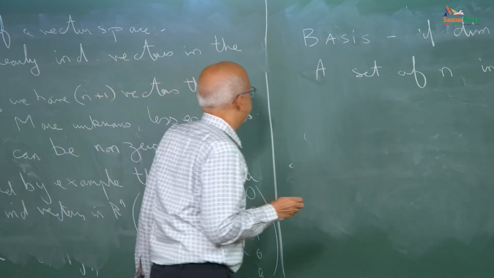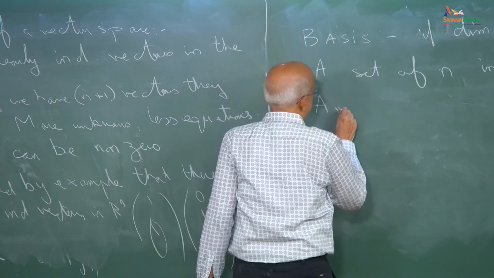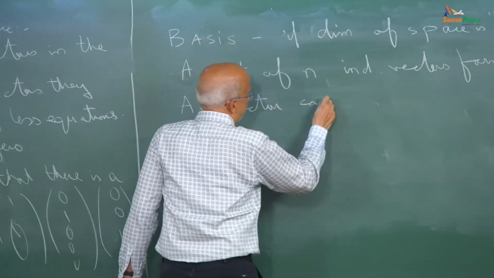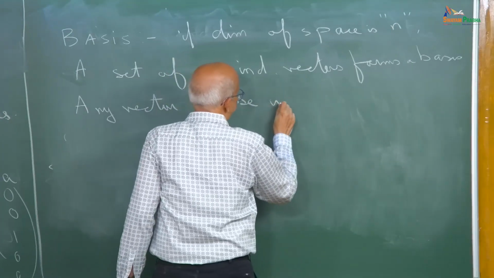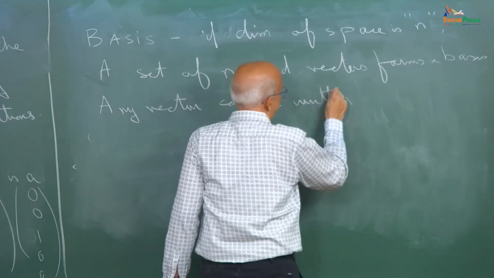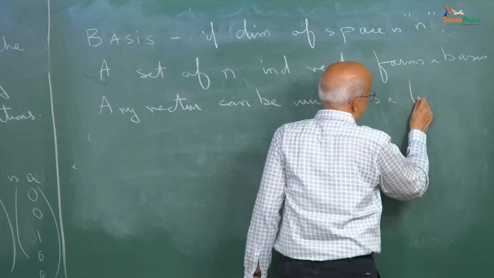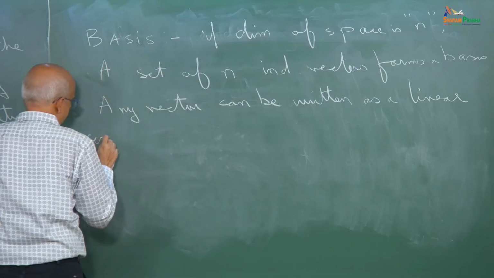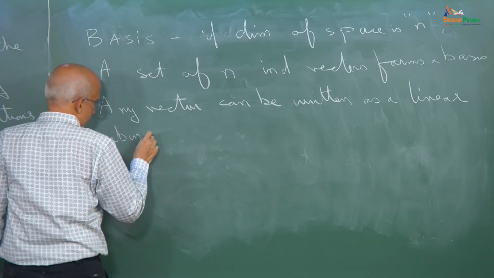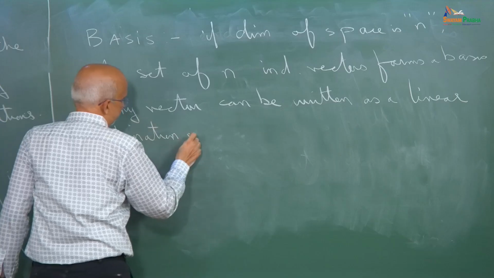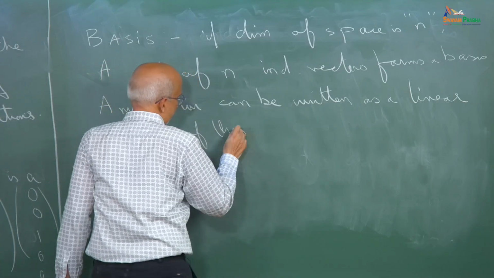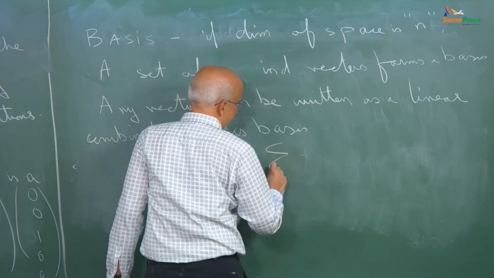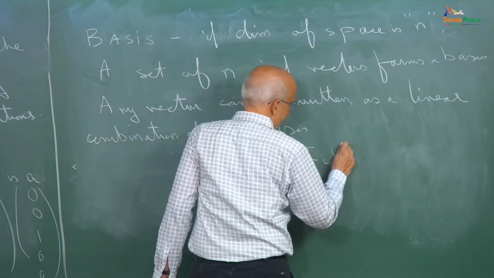Okay, that is what it means. Any vector V can be written as sigma Ci ui,